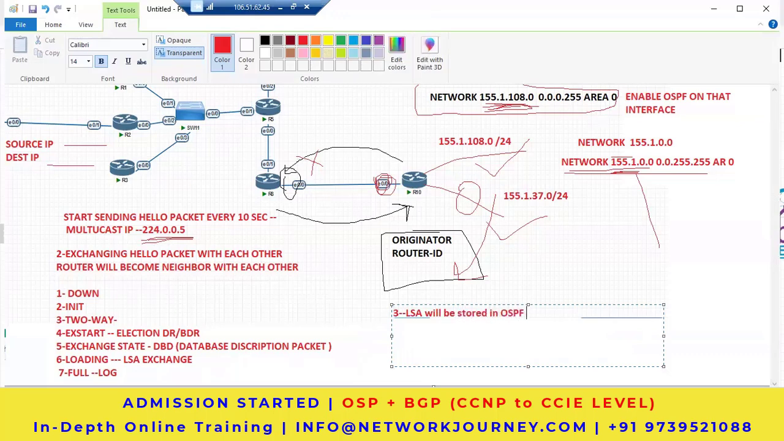in the OSPF database. Router 8 will store it in its OSPF database, and in the same way router 10 is going to store it in its own OSPF database. Then what is going to be done? Now the router will run the SPF algorithm, the shortest path first algorithm, to find out